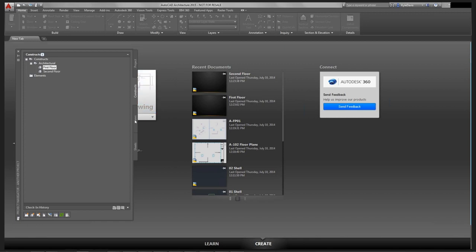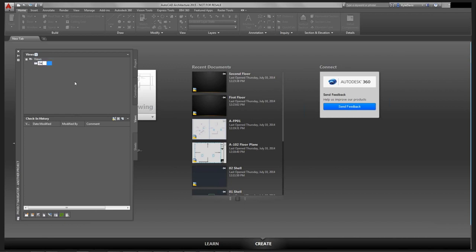I can make a change to one, and then it will ask me if the other one's been updated, and then you can just reload it. Just like normal XREFing, but a little bit faster navigation and reloading. So here for views, it doesn't have any views, so I'm going to right-click on it, new category,